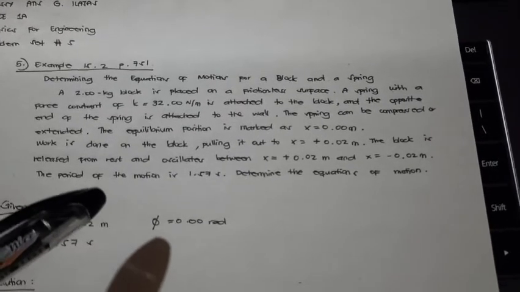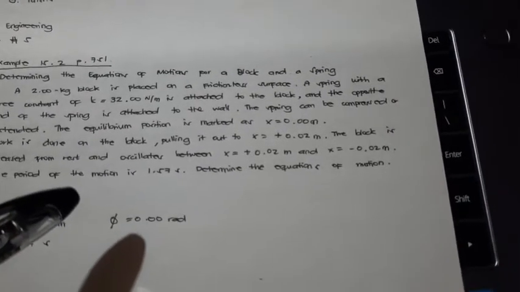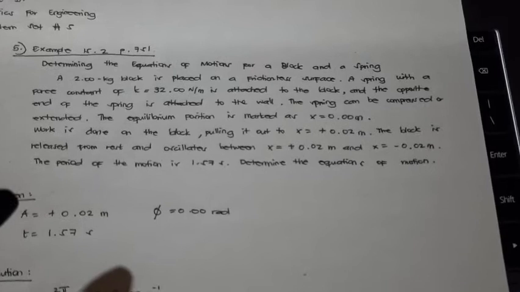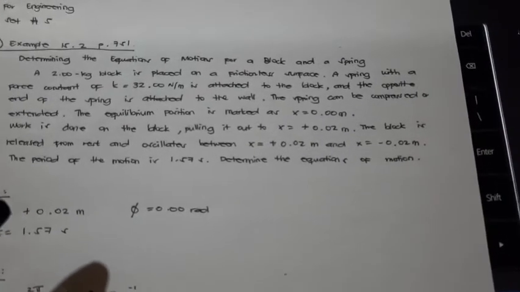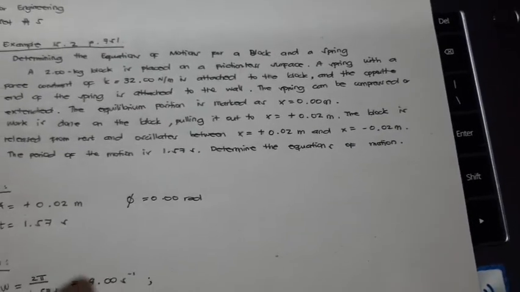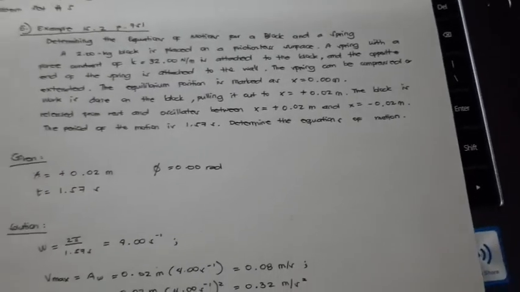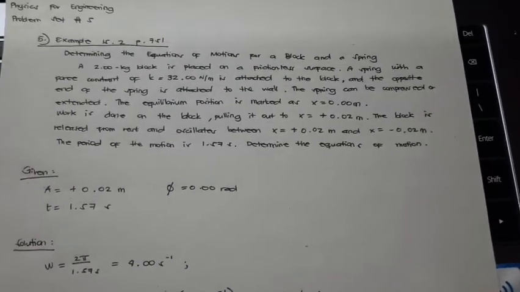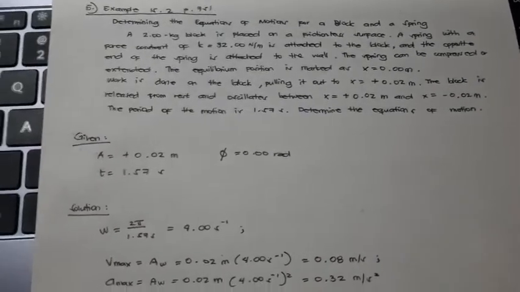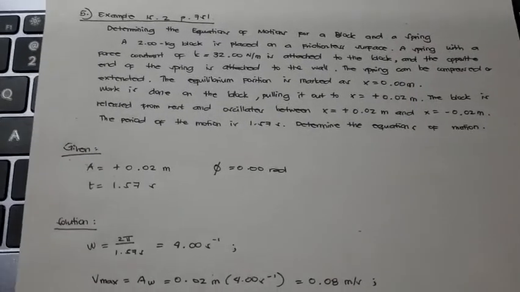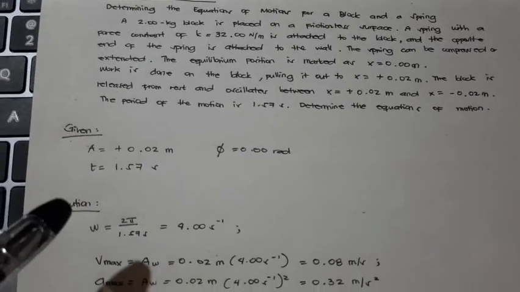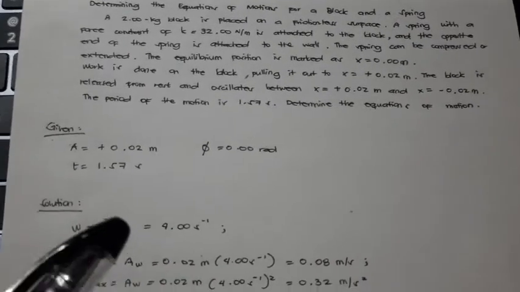Work is done on the block, pulling it out to x equals positive 0.02 meter. The block is released from rest and oscillates between x equals positive 0.02 meter and x equals negative 0.02 meter. The period of the motion is 1.57 seconds. Determine the equations of motion. So these are the givens. The amplitude is positive 0.02 meter, the period is 1.57 seconds, and the phase phi is